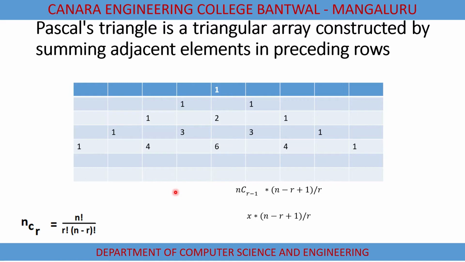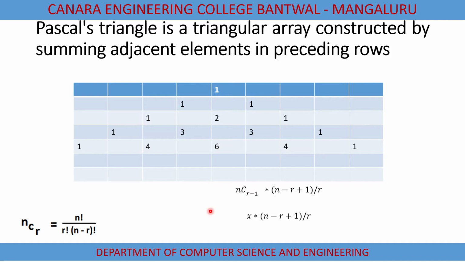Okay, so before we proceed with Pascal triangle, we should know how exactly to calculate the binomial coefficients. To find the binomial coefficient, I can write the formula nCr is equal to n factorial divided by r factorial into (n minus r) factorial. Using this formula we can find the binomial coefficient, and this Pascal triangle implements the same concept of binomial coefficient to calculate the numbers in that particular series.